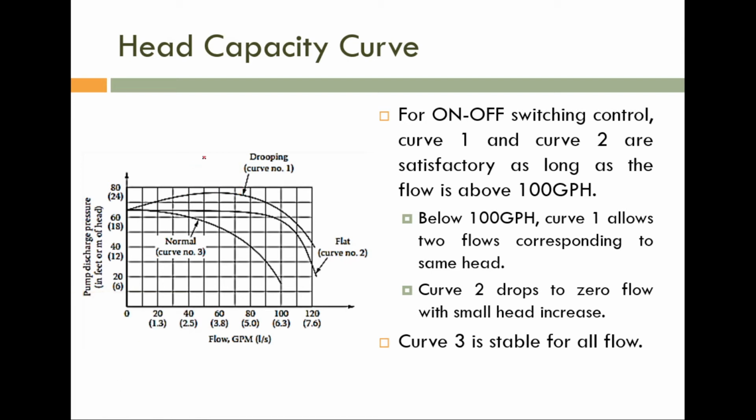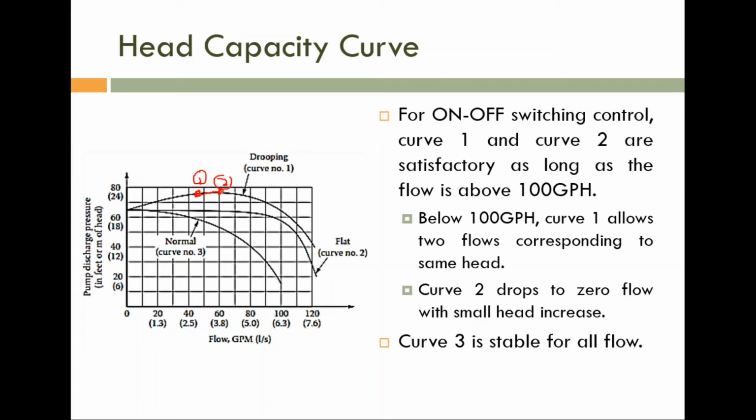Say, this one is the current operating point. Due to the increase of pressure, you can see that the flow rate will increase. Am I correct? Due to the increase of pressure, flow rate will increase to the new operating point 2. Say maybe that increase in pressure is a disturbance or something. So due to some disturbance, pressure is increased, and with respect to the increase of pressure, flow rate is increased. What will happen if that disturbance is reduced? If the duration of disturbance is small, after a very small time, pressure will decrease back to the previous value.